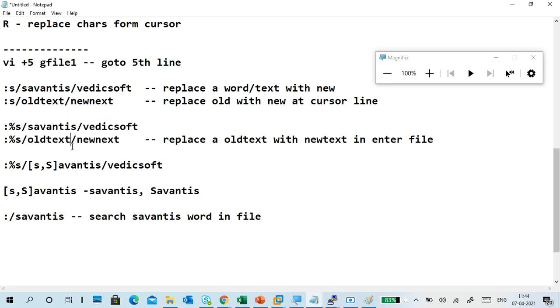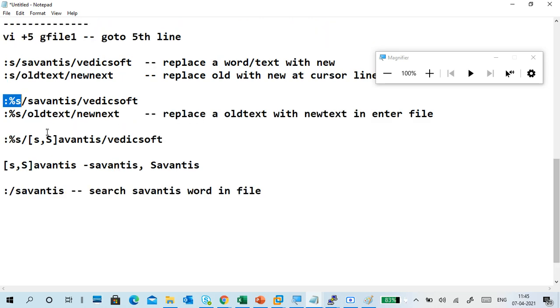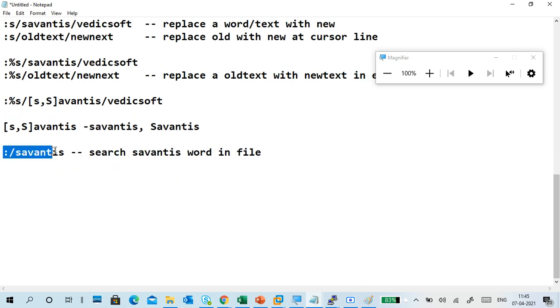Okay, like this, and here I got a problem, so I have a word with case sensitivity, like capital and small, then I use this wildcard part. Percentage s means search the entire text and replace with a word. Okay, next this I use for searching a particular text in the line. And of course one more is there. If a word is repeatedly there, you want to continuously go to that word only, like search, find and replace.